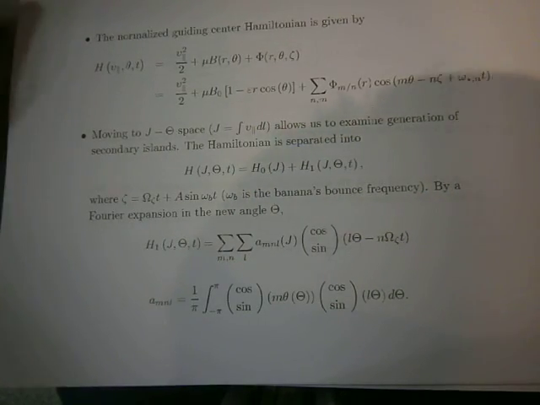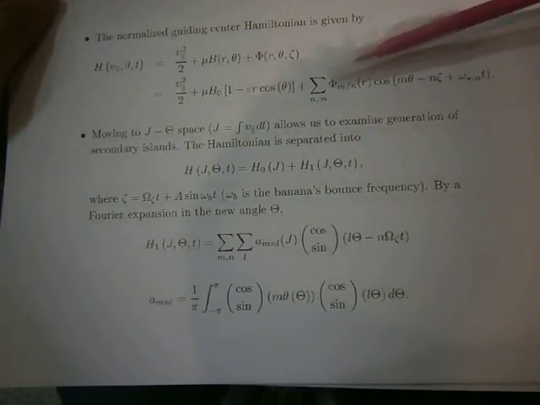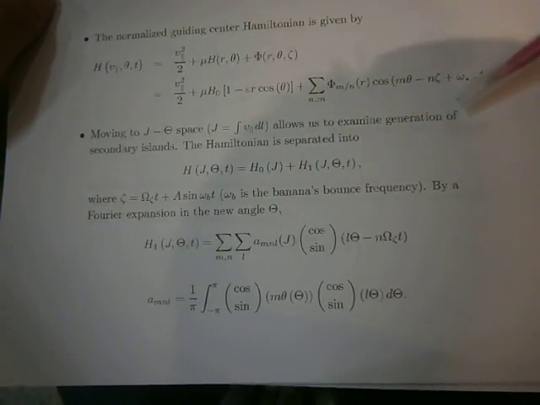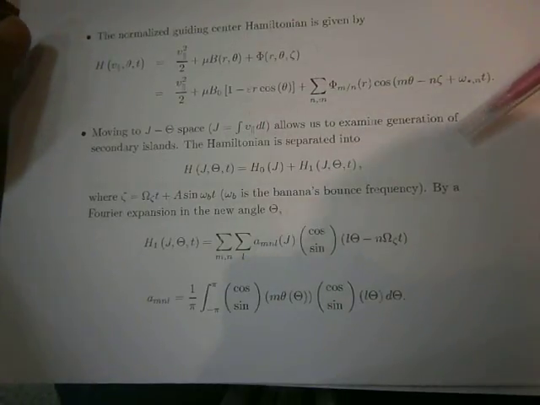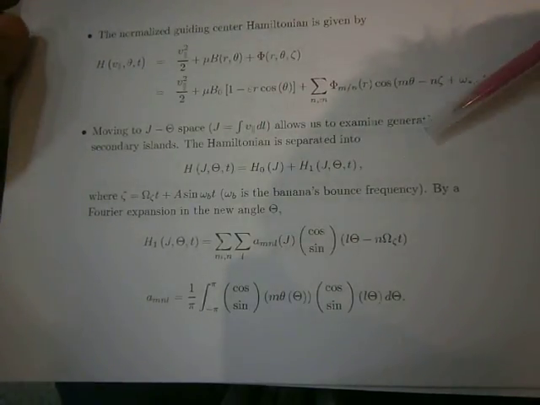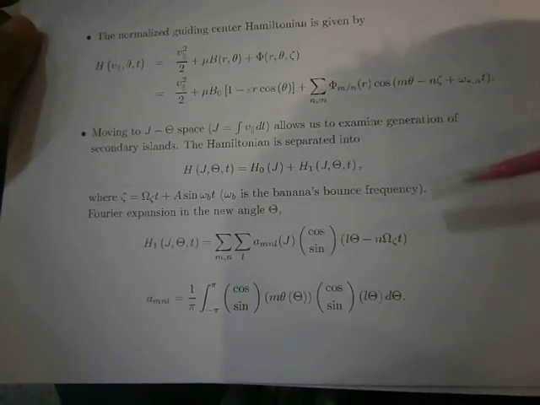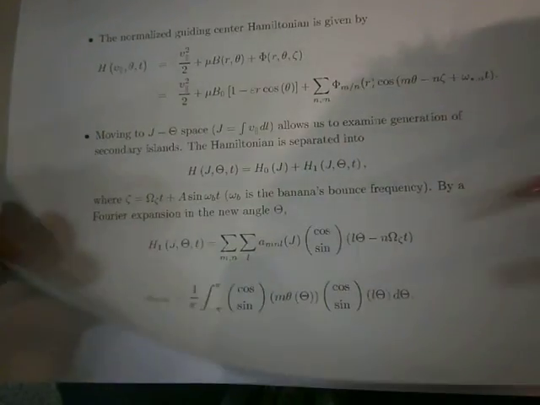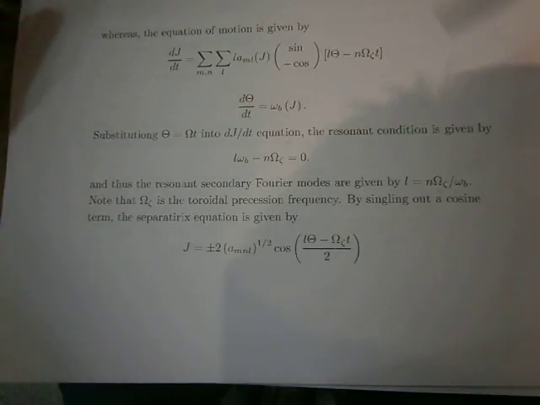The normalized guiding center Hamiltonian is given by... normalized space, for example generating secondary islands. The Hamiltonian is separated into two parts, where the binary frequency is obtained by Fourier expansion in the angle, while the equation of motion is given by